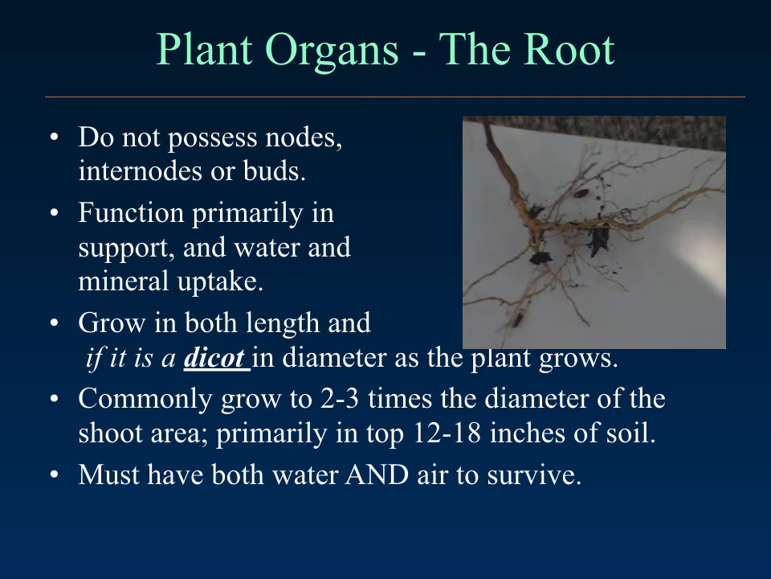So, the roots. They do not possess nodes or internodes or buds. So, they don't have any of that. Their function is primarily in supporting the plant, keeping it rooted into the ground and from blowing over, hopefully during high wind events. And they will uptake the water and the minerals that are dissolved in solution. Roots will grow both in length and diameter if it's a dicot or dicotyledonous